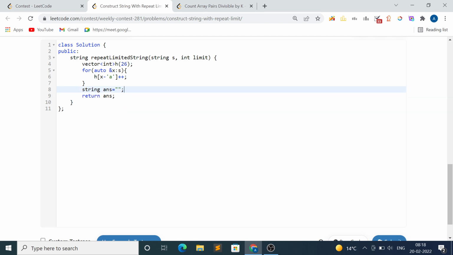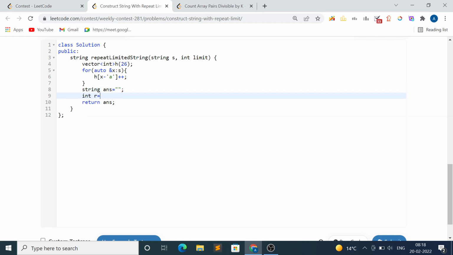So we can use repeat limit times some characters, then some character, then repeat limit times this character again, some character, then this character, different character, some character again, some character. Okay,